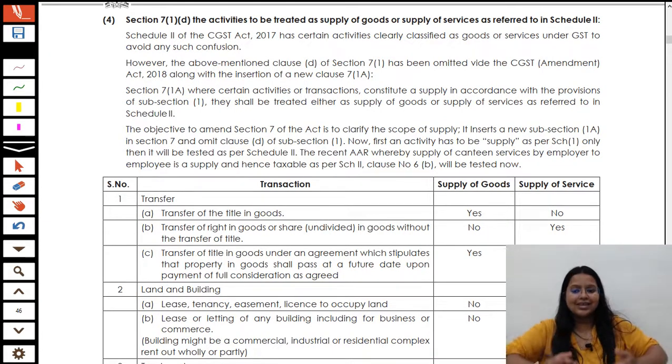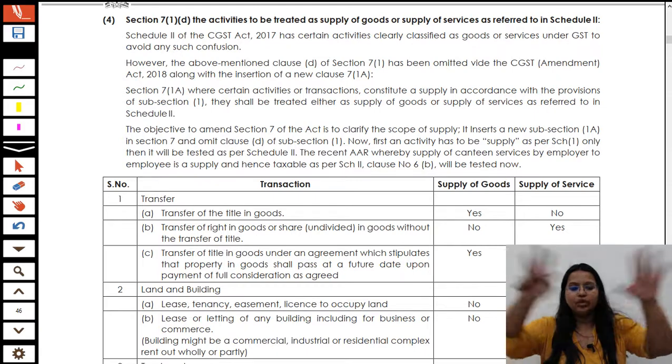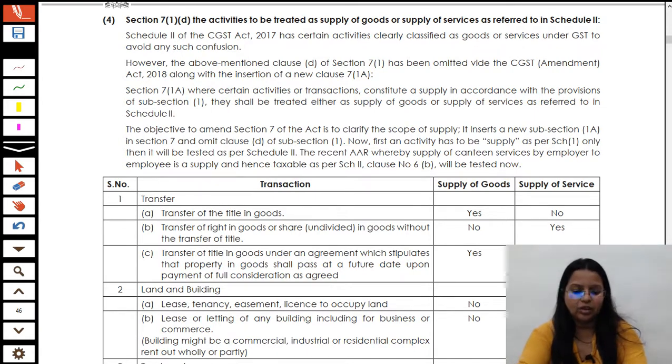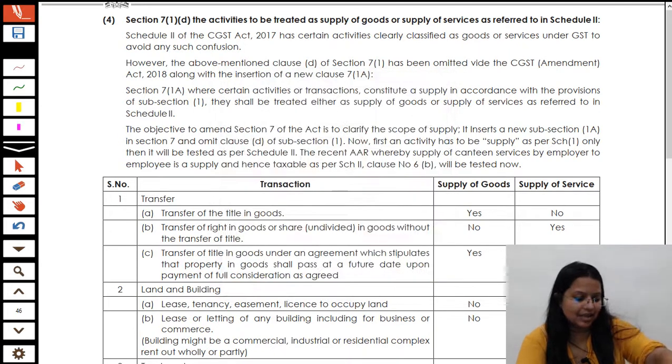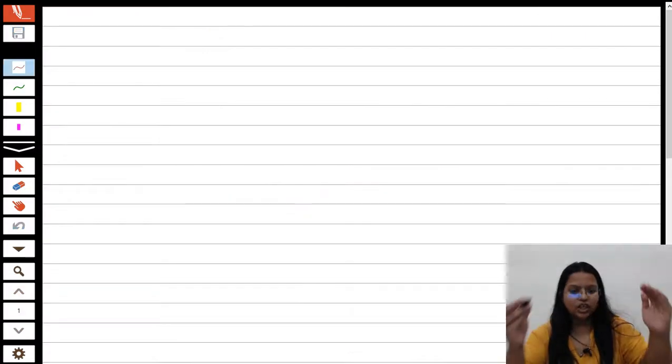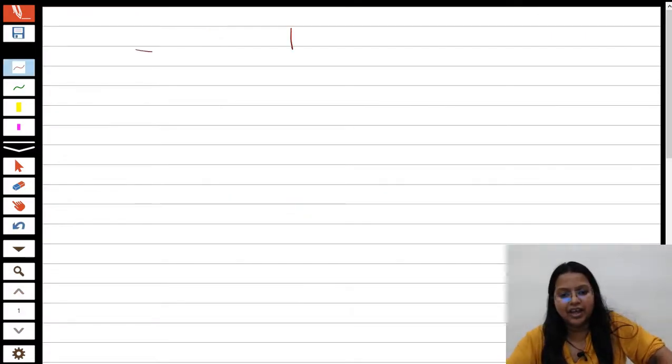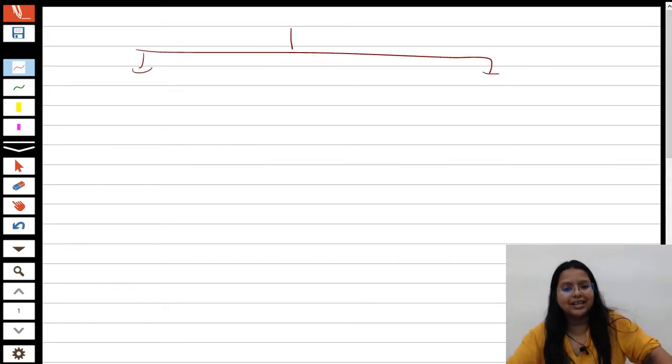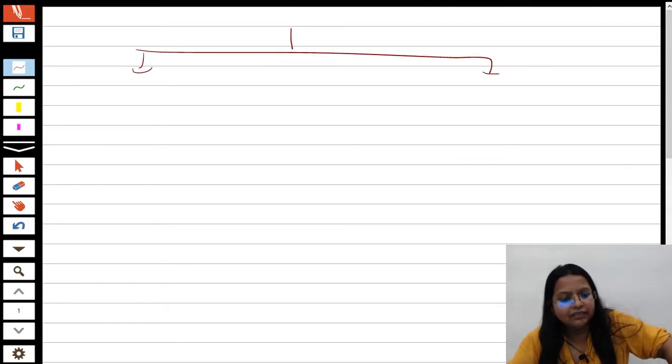Now students, to understand schedule 2 of CGST Act 2017, I will tell you one point through which you will be able to do the complete entire chapter here. Okay, that is the complete entire schedule 2 here. What is that point? Let's understand. So students, just keep it in your mind that if you want to make this chart, you can make it also. Whenever there will be a transfer of title, that is a transfer of ownership,